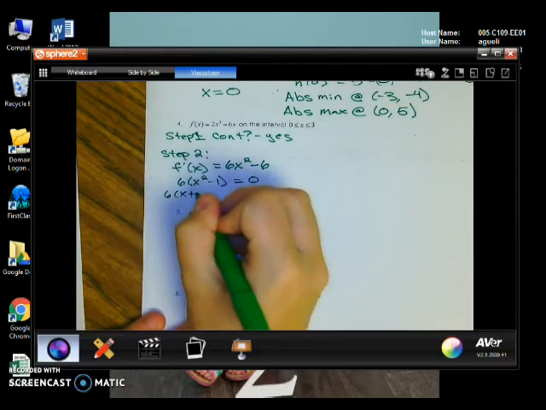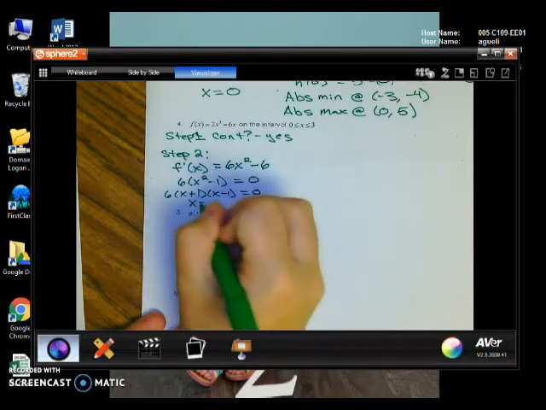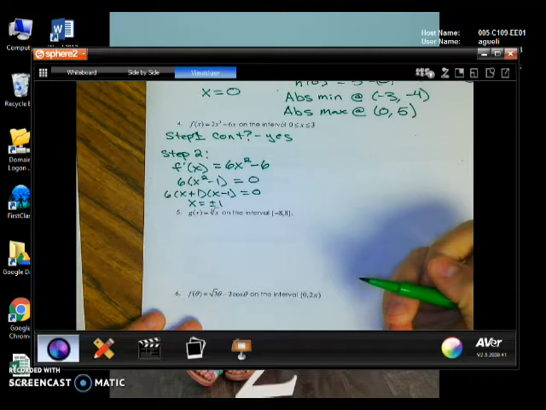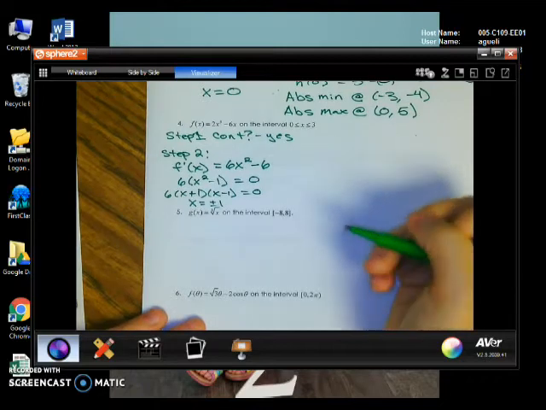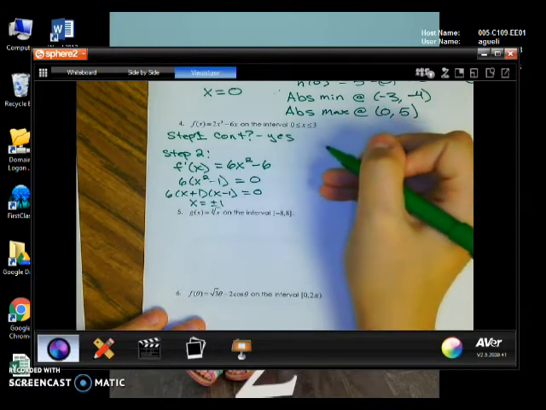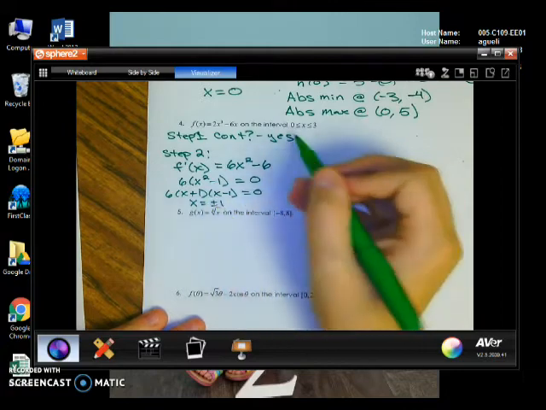Okay. So then from here I'm going to factor this again. And again, you could have just solved it either way. You'll still end up with the same thing. You'll get x equals plus and minus 1. So I have two critical values there, positive 1 and negative 1. And then I'm going to go ahead for step 3 and plug in positive 1, negative 1, and 0